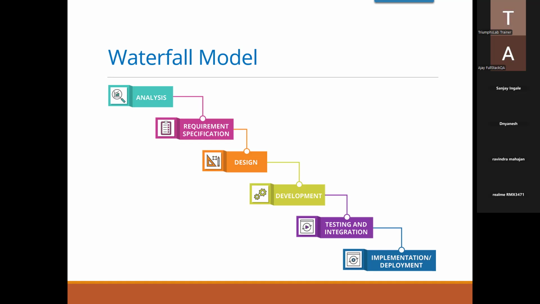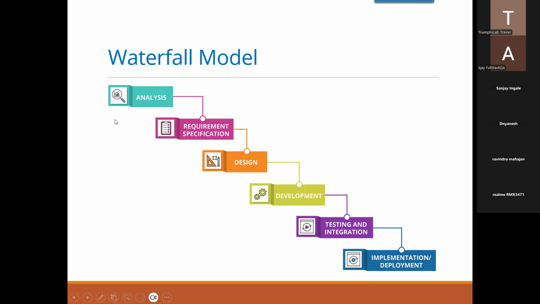This was an old approach which was used. The drawbacks here are that the teams are all idle. Let's say the business owners are collecting the requirements, then the rest of the teams are idle. They don't have any work. If the design team is creating a design, then the development team has no work, and the DevOps team has no work. You can see all the steps are done one by one. There is no connection between one team and another team. Once the first team completes the task, then the second team will start. So this was the waterfall model which was followed in the industry.